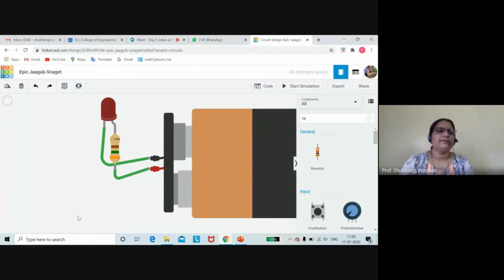Now this is the first circuit ready with you. So definitely you must be interested to save this circuit. How are you going to save? Just go here, click here and type a name. Suppose I am giving the name LED with resistor. Once you have written a name, click the enter button. You will see the name is changed. So now your circuit is saved, in whatever circuit database we have, it will get saved there.